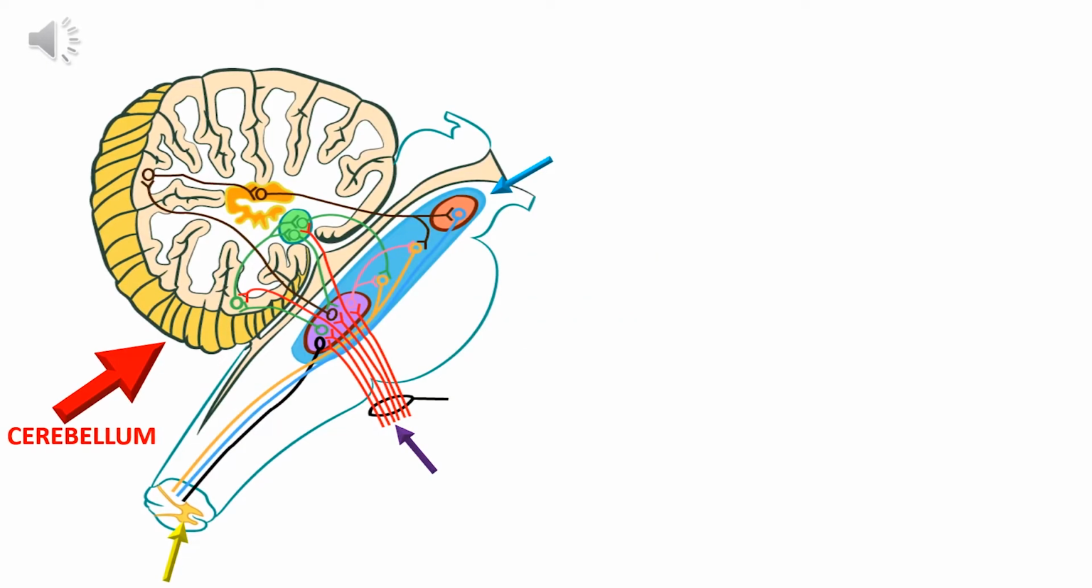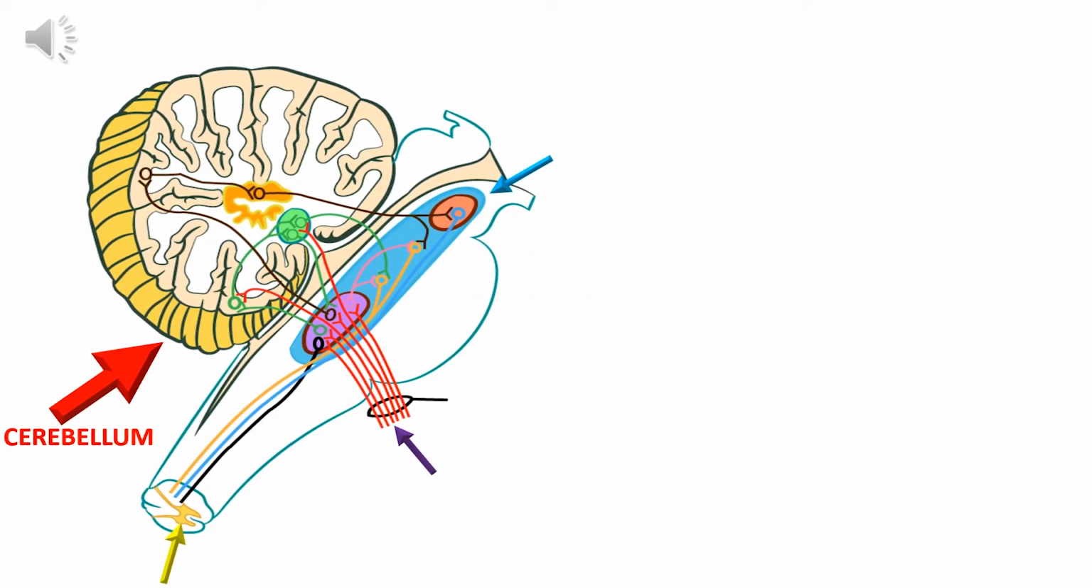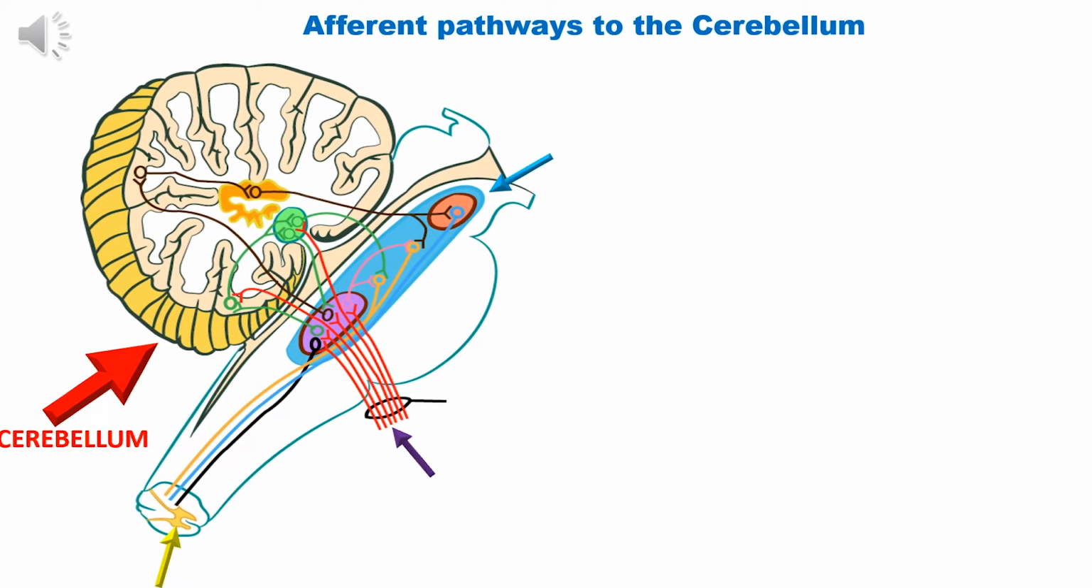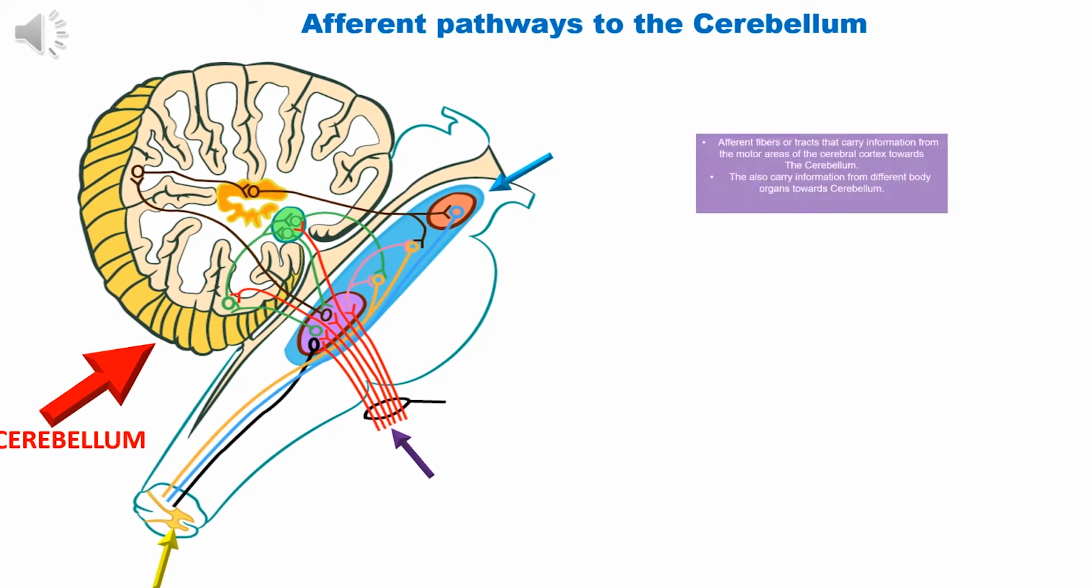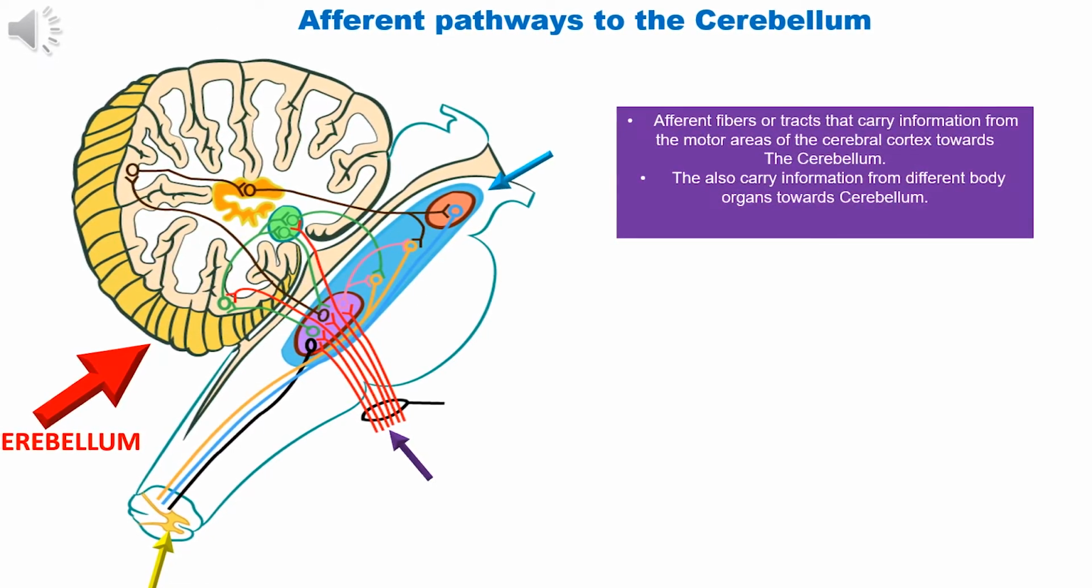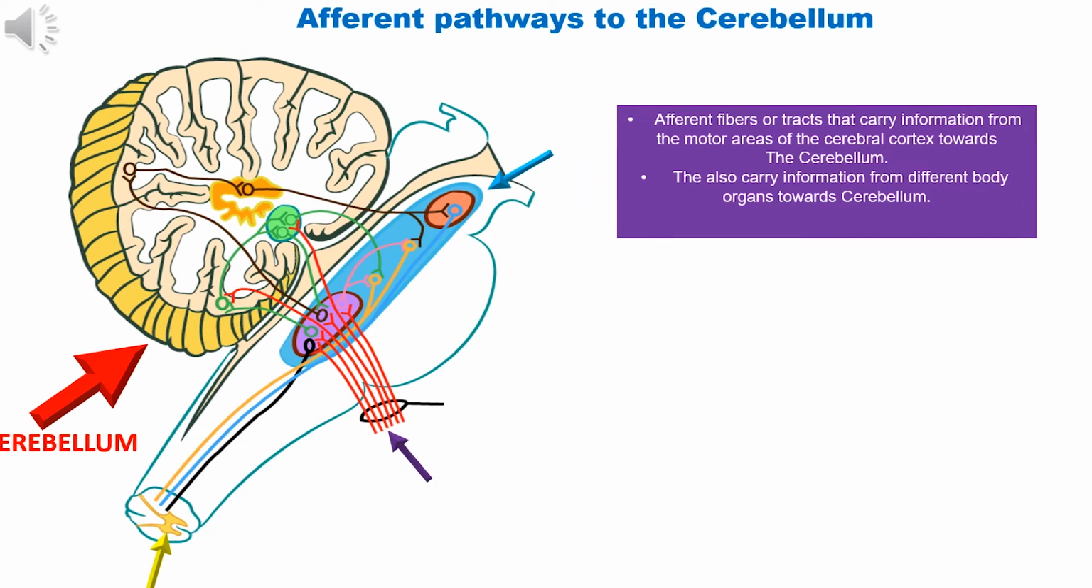Today we are going to talk about a very important topic, that is afferent pathways or input fibers to the cerebellum. We have to know that these are the pathways or tracts that carry information from different parts of the brain as well as periphery towards the cerebellum. First of all, we are going to discuss